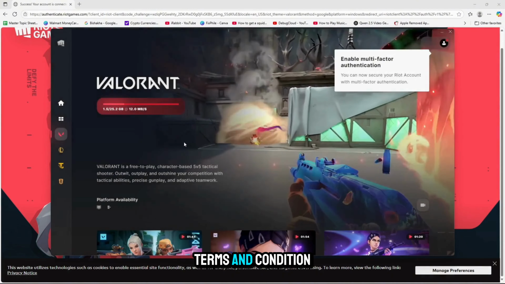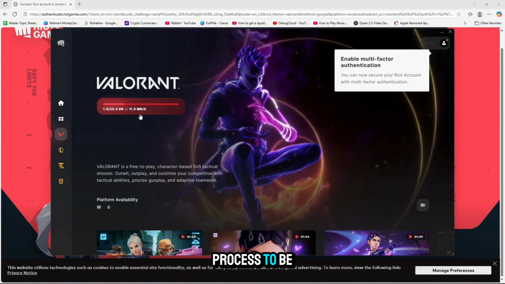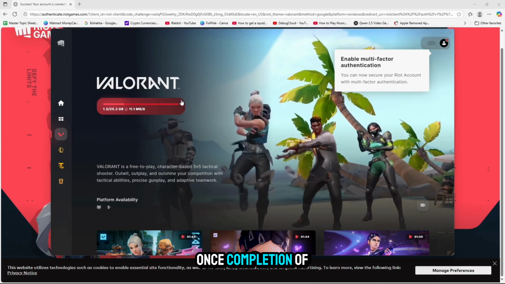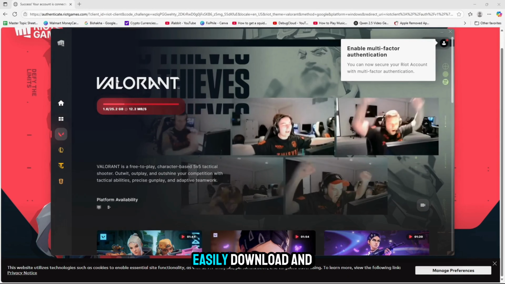Go through the terms and conditions, accept it. And here, Valorant is in the process to be downloaded. Once its download process is complete, you can launch it and play it. So this is how you can easily download and